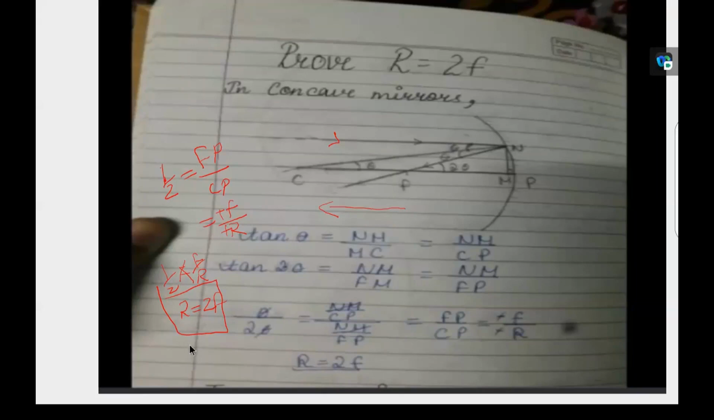Otherwise, if I want to write focal length in terms of radius of curvature, then we'll get f equal to r by 2. Either we can take radius of curvature is equal to 2 times of focal length, otherwise focal length is equal to half of radius of curvature. This only we have to prove. The relation between focal length and radius of curvature, that is r is equal to 2f or f equal to r by 2. Both are correct only. Okay. Next, here